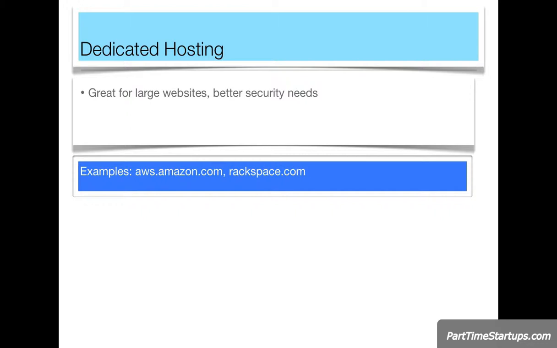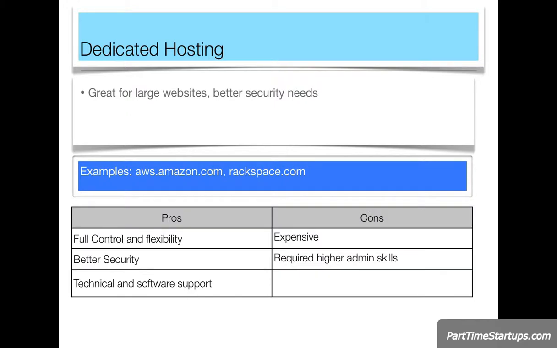The pros of this kind of dedicated hosting are you can get full control and flexibility because they physically provide one server to you to control and to manage. So no one else will have access to that particular server other than you and your team.